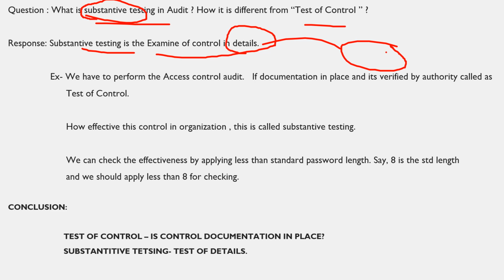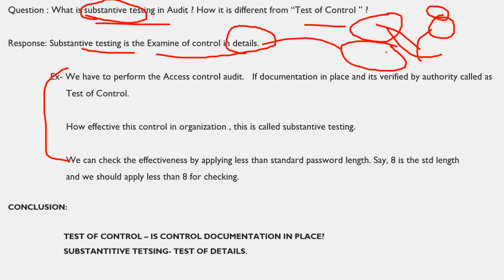If there are 8 password lengths and you have to check whether the system is accepting a 6-length password or not, you perform the audit by applying the wrong value, to see whether it pops up an error or not.